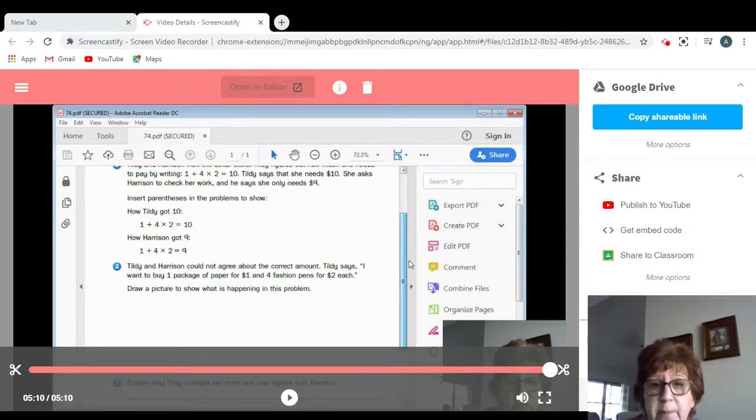It's a small number that is above and after a number, and it tells you how many times you're going to multiply that number by itself. So like when we've talked about squares, 2 times 2, 3 times 3, 4 times 4, 5 times 5, 6 times 6, 7 times 7. So then that number would look like this. So 2 times 2,